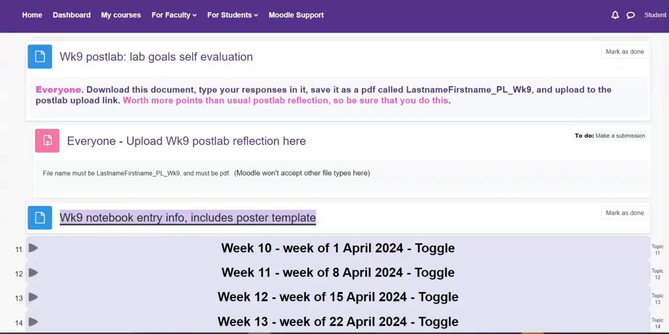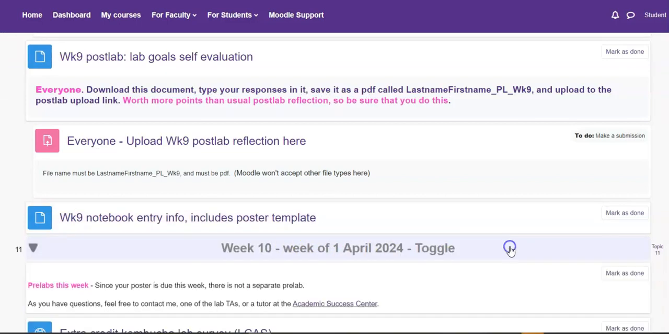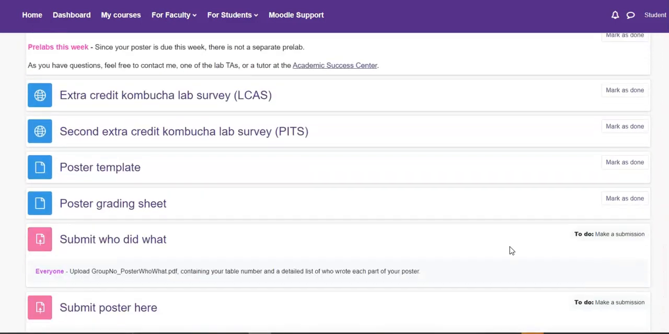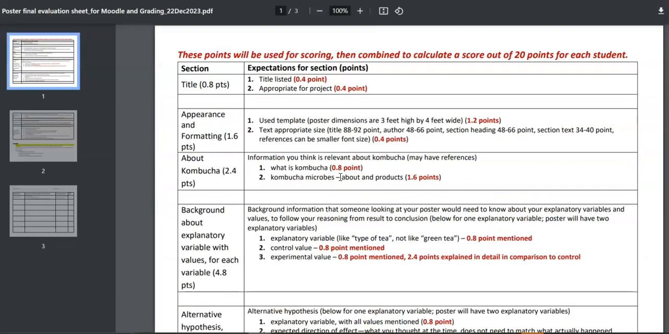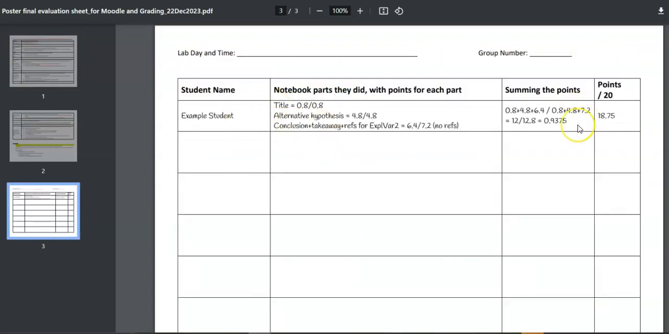Let's go back to, so we're going to go to week 10 for a second and then come back and talk about the post-lab. So week 10, we'll get to that on the next video. But I want to show you the poster grading sheet. Okay, so this is all of the parts of the poster and how many points each one is worth. And so everyone for the poster is going to get scored out of 20 points. So we will scale this. There's like an example on the last page how the scaling happens but we scale this out of 20 points